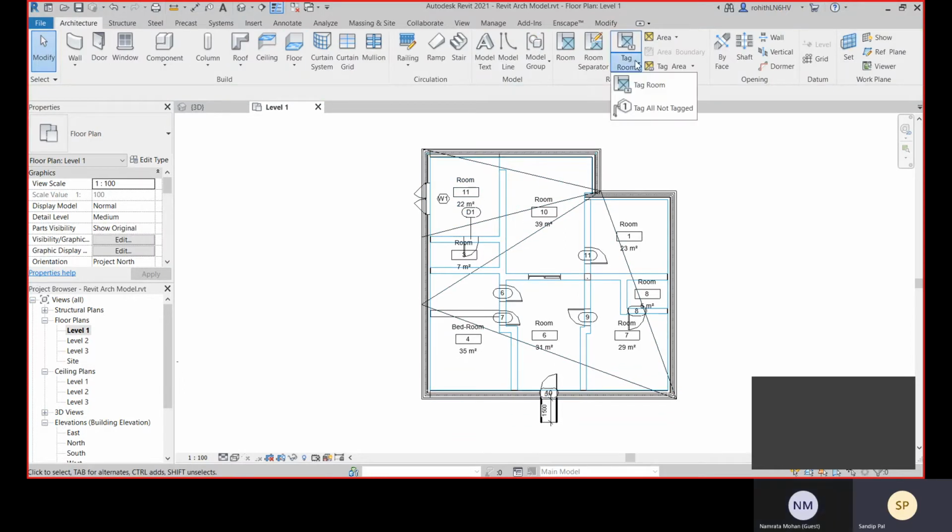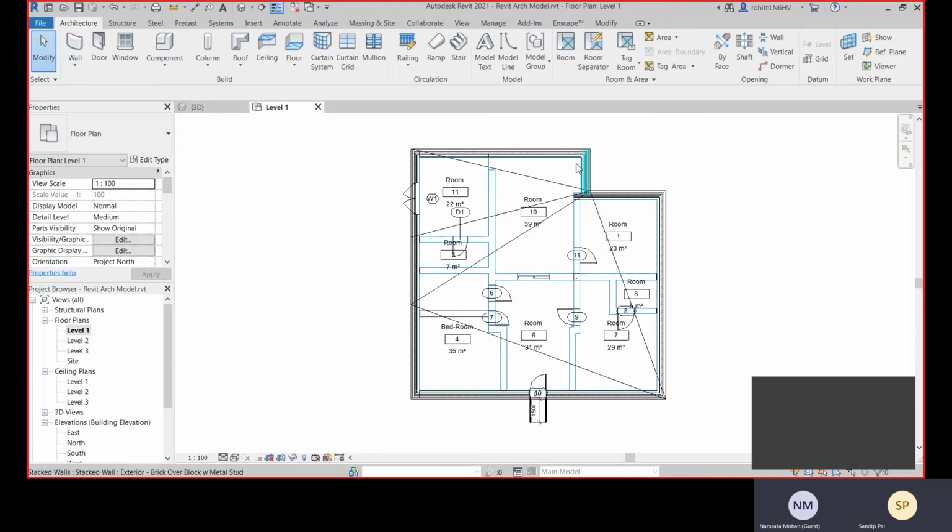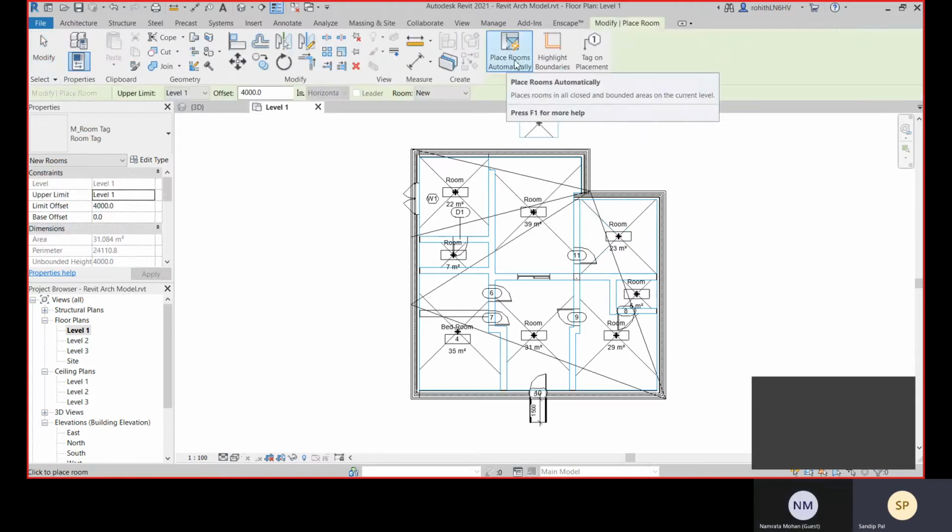Previously, you selected the whole drawing and then just all the tags, right? So for that, go with this room, and there you have this place rooms automatically. So it will place all the room tags.